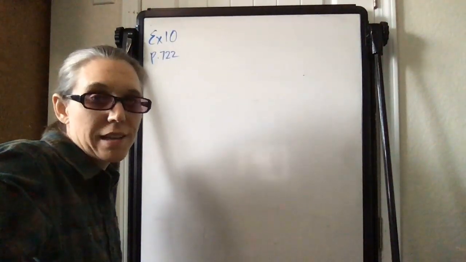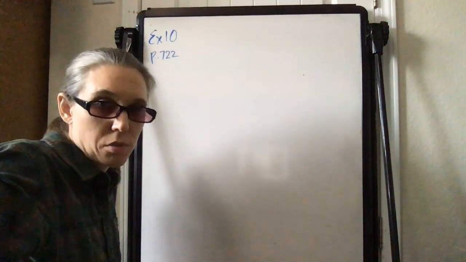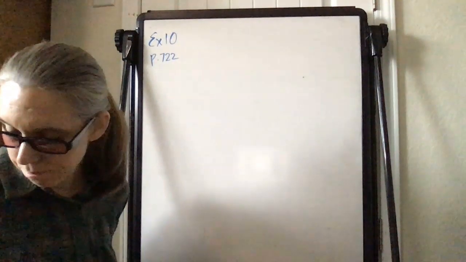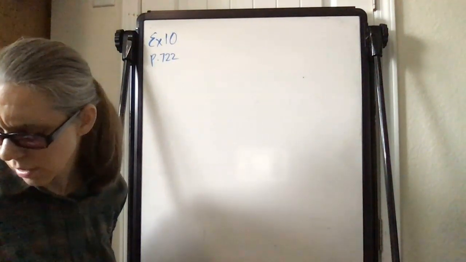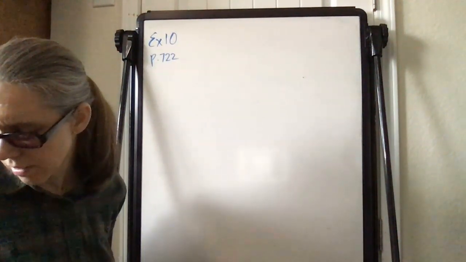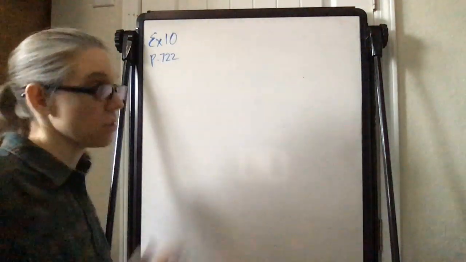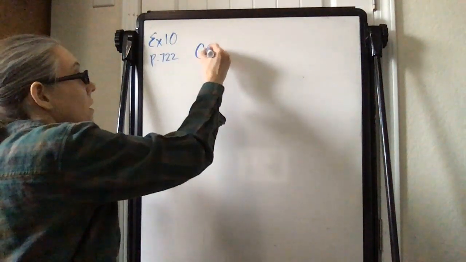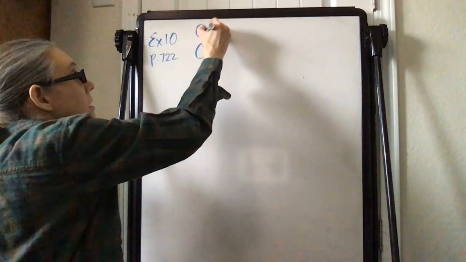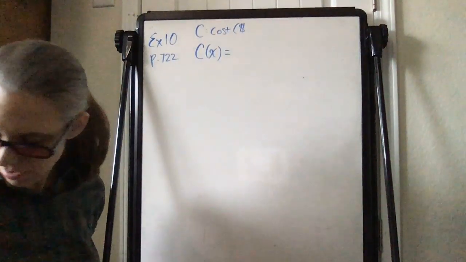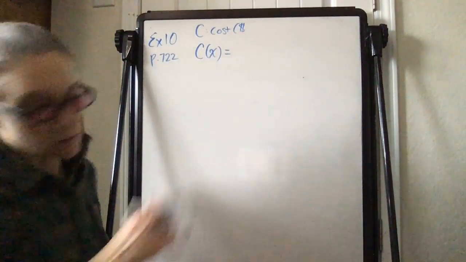Okay, so I'm going to end the lecture today by doing 2 word problems. Starting with page 722, example 10. A glassworks that makes lead crystal vases has daily production costs given by the function C of x. Okay, so we know that C stands for cost. This would be in dollars. C of x is equal to